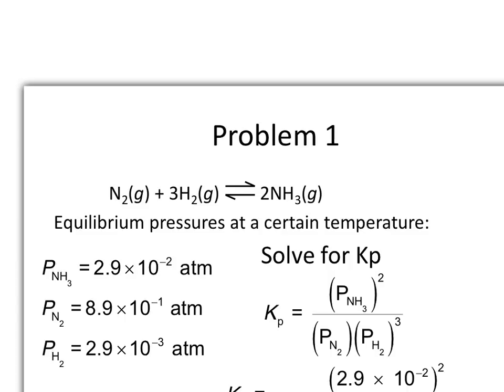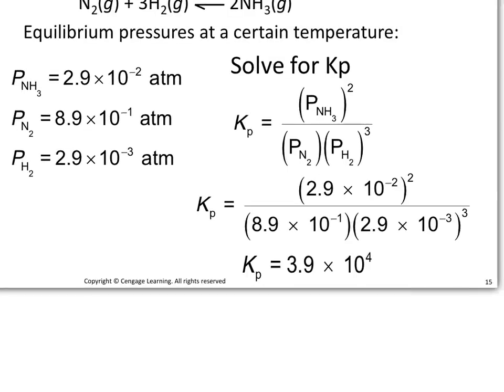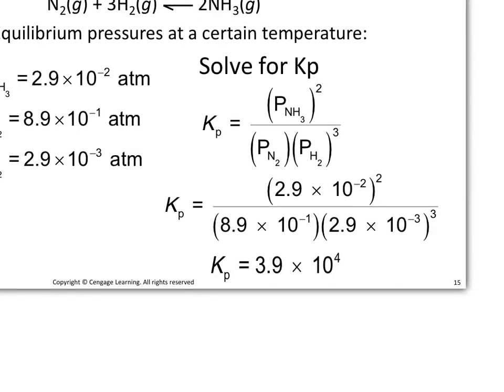All right, so when you write the Kp for this, make sure that you use the parentheses and the P. That's the important part. Make sure you plug the numbers into the correct places. So when you plug them in, it should look like this: 2.9 times 10 to the negative second, squared, over those two values on the bottom. And then once you get the answer, it should be